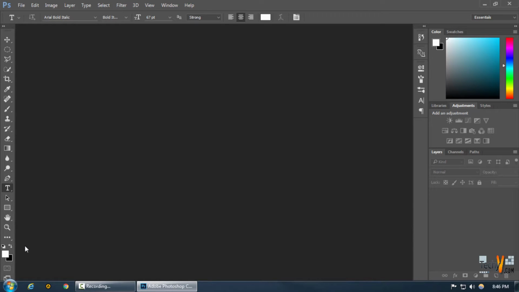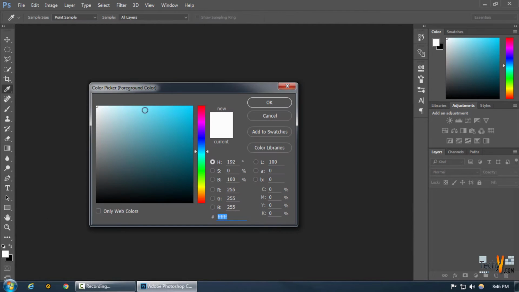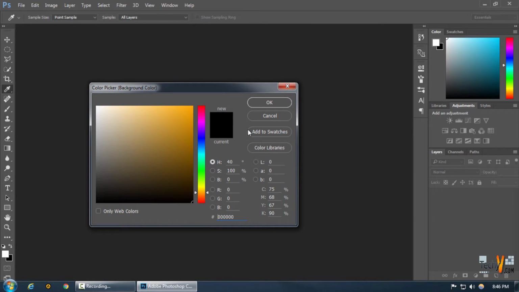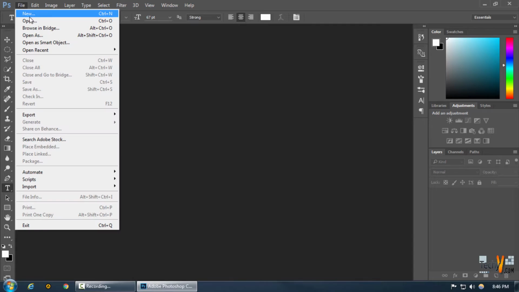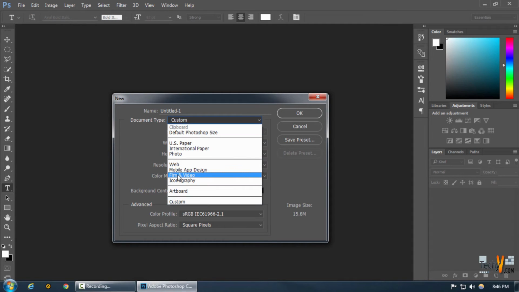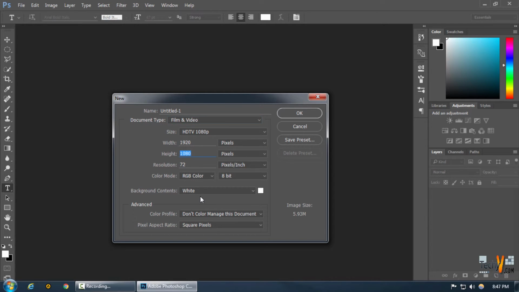In order to create this text matte, make sure that your foreground color is white and the background color is black, and then click OK. Now go to File, click on New, and choose the document type to be film and video. Now choose the height of this matte to be exactly the same as your video, and choose the width to be 3 or 4 times the width of the video file that you are going to be editing. So in my case it is 1280, so I'm going to select